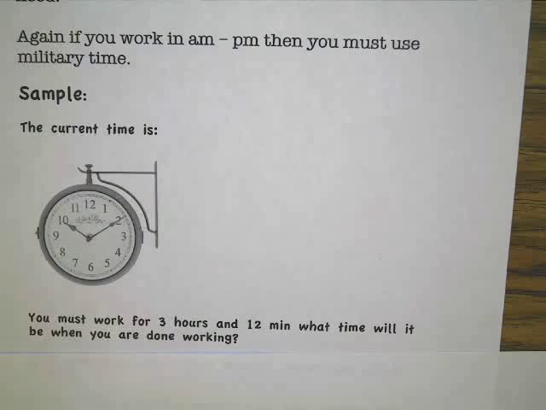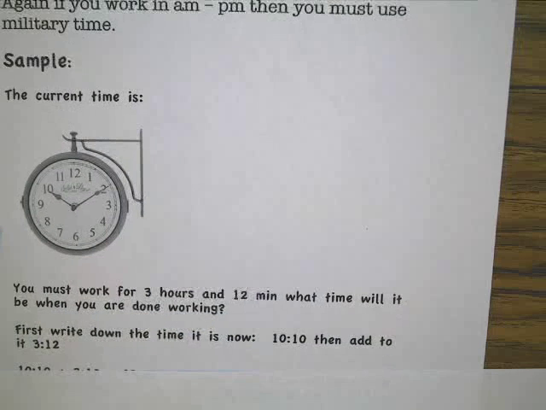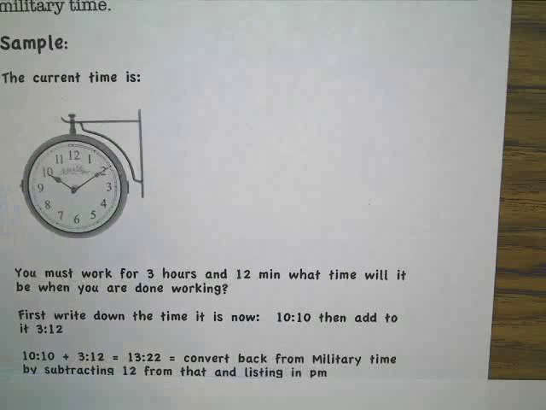Well, you go where the 2 is, 10. No, wait. Real simple. Hold on. You guys are trying to make this really hard. I said we're adding, right? So we're adding 3 and 12. So why wouldn't we line it up as 10:10 plus 3:12? Because that's how much time we have to spend: 3 hours and 12 minutes. And we're at 10:10. So 10:10 plus 3:12 gives us